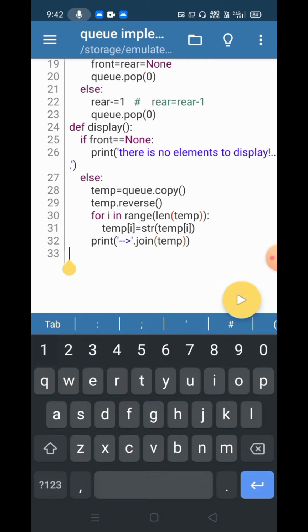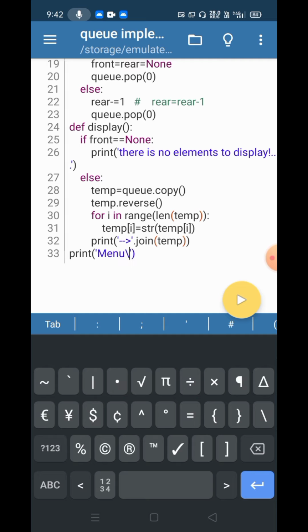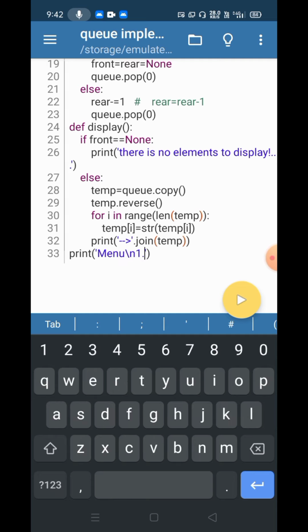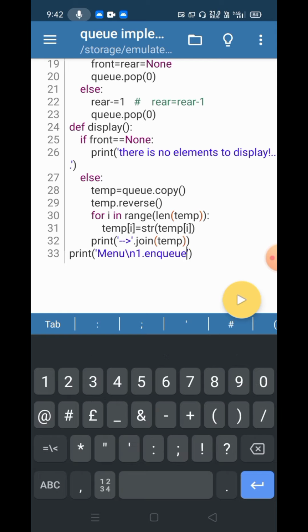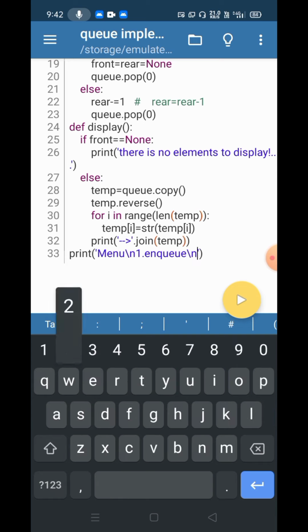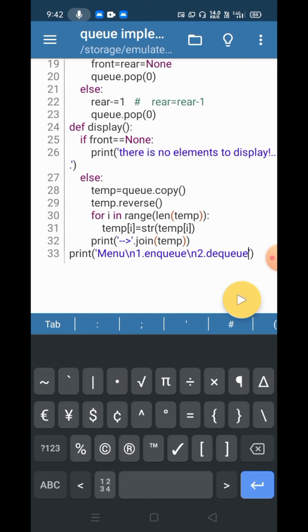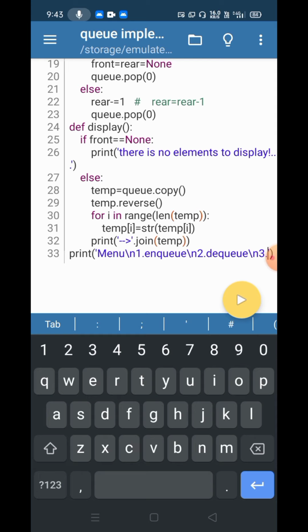So let us start our while loop. Before that I am going to print the menu: slash n 1 dot nq, slash n 2 dot dq, slash n 3 dot display, and slash n 4 dot exit.